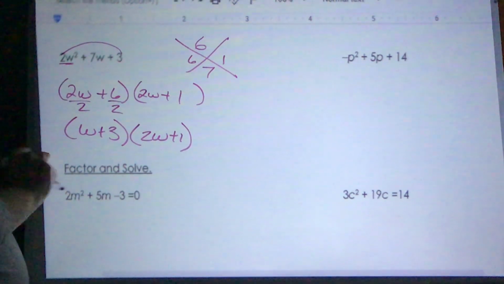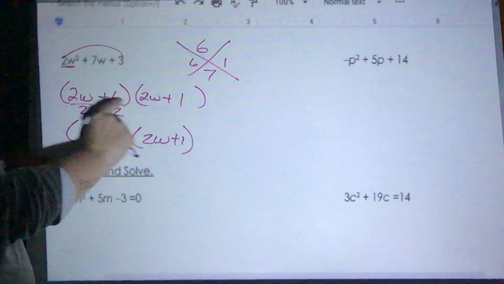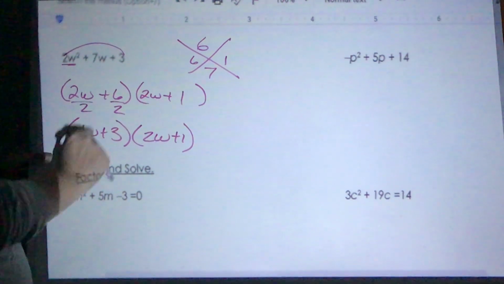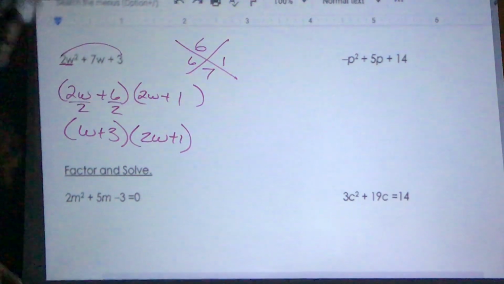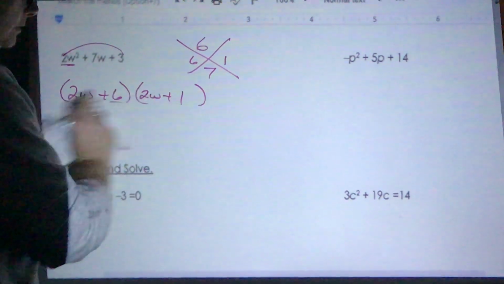So the lazy way says you go right to writing your answer, and then you scale down any parentheses that you have. So if we go back to the first ones,